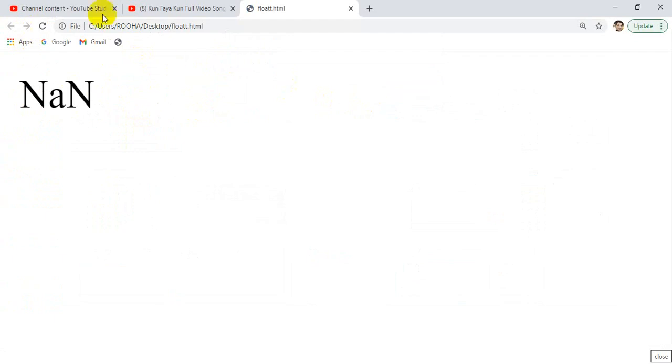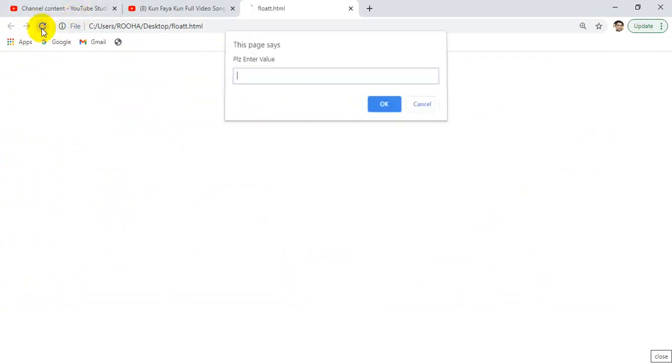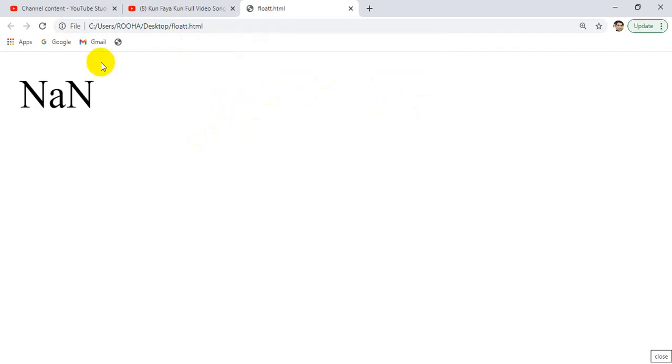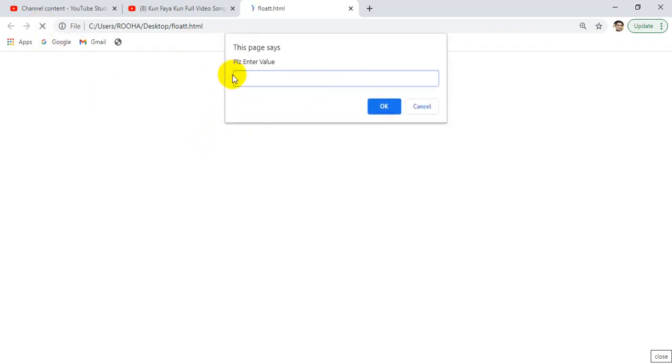Let me do one more example. For example, you have written KMS. Now when you click on OK, the value of A will be KMS and your parseFloat function will start from K. The first character of that string is K, and K is not a number, so it will directly generate NaN. In some cases, for example, if you have 1.2KMS, this is your value,